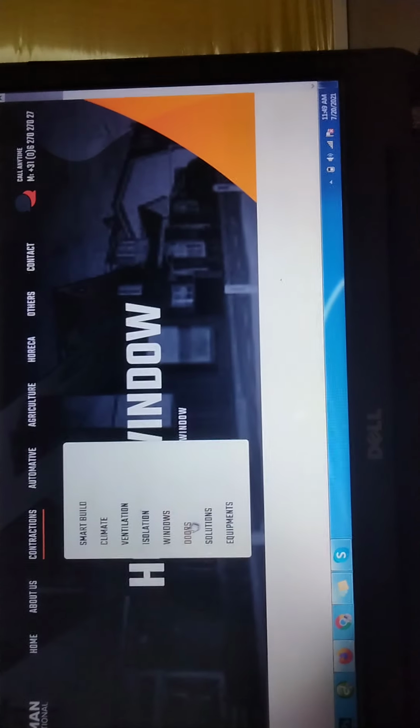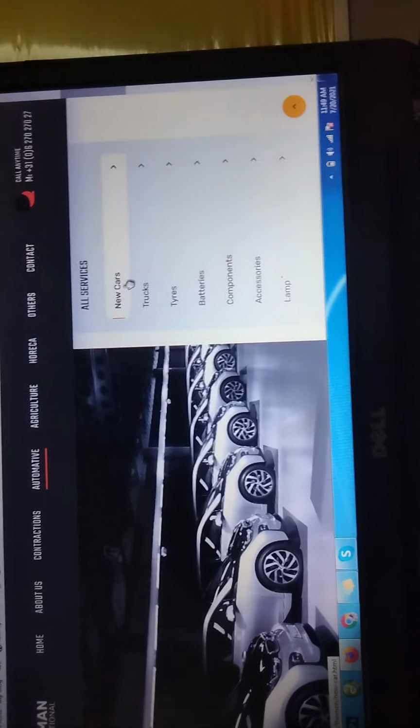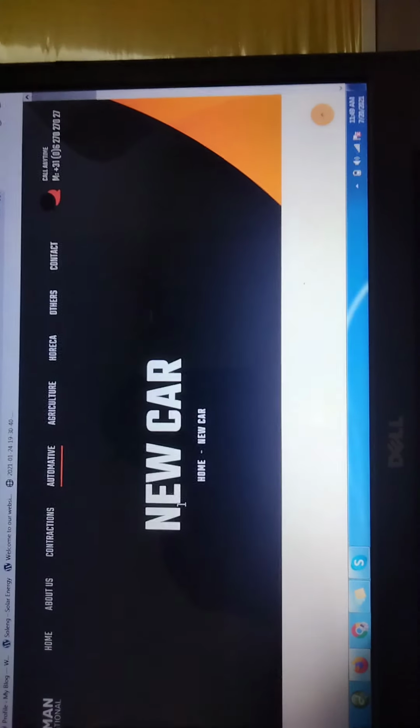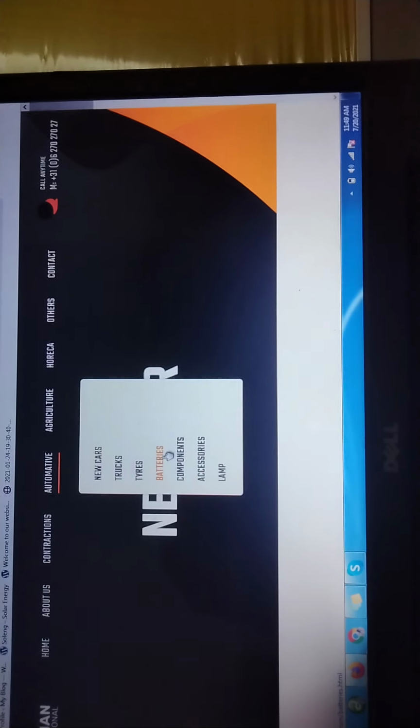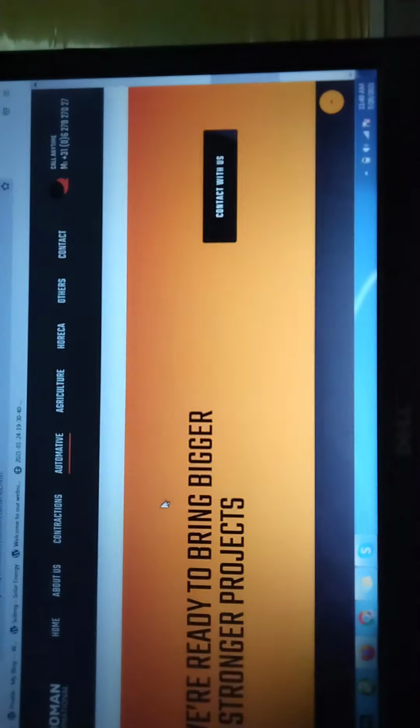Okay, here if you click on doors, then you can see the images and banner of doors and contents. Same way we designed the automotive categories and subcategories like new cars. Here are all the subcategories of new cars: new car, trucks, tires, battery, components, accessories. And here also I completely manage this content. Like battery, we click battery and find all the categories of batteries, images, and so on. Anyone who wants to call and make inquiries can do so from this information.